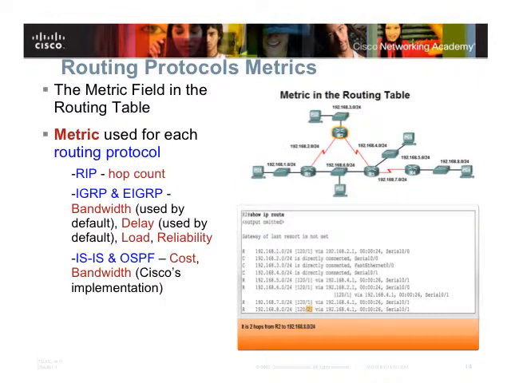As we can see, you could use a combination of these values as a composite metric to indicate the performance on a link, or the cost that you need to pay on a specific link. Based on that, you accumulate this cost as you move forward. So at a certain point, you have the total cost that you need to spend to reach that destination, and what is the next hop. So that's what I need to know. If I need to reach this network, I need to pay that cost, and I need to go through this next hop.